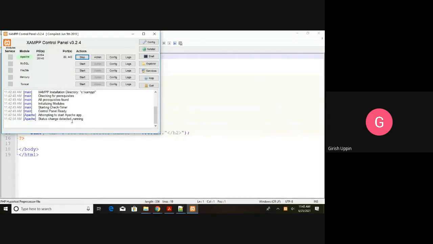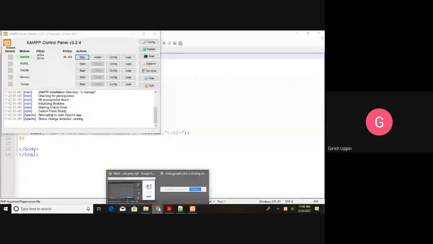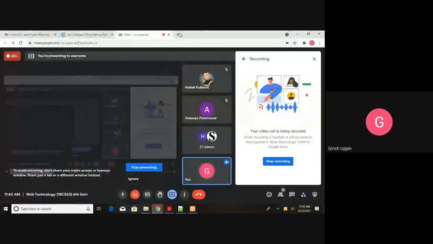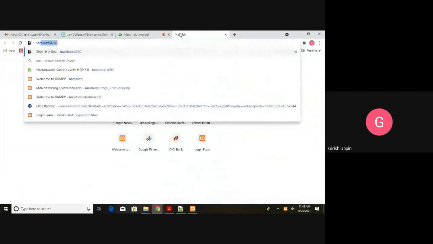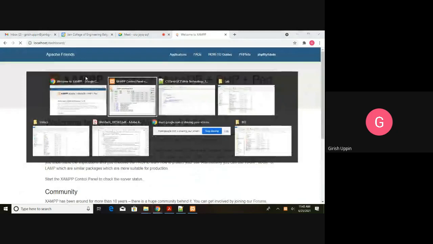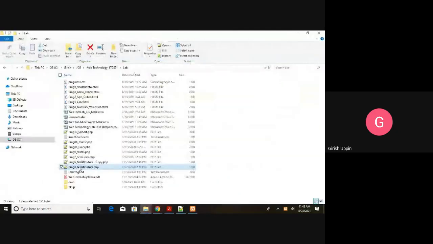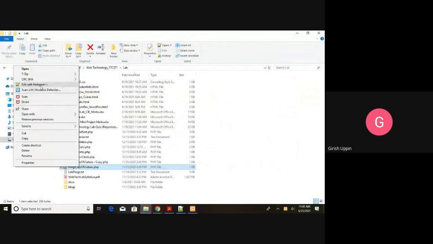Okay, my server is running. You have to check this Apache status change detected: running. Now the application is running. I will come back to the browser, go to the localhost. This is the localhost. The app is running. Now I will copy the name, and you should remember this file should be in c:\xampp